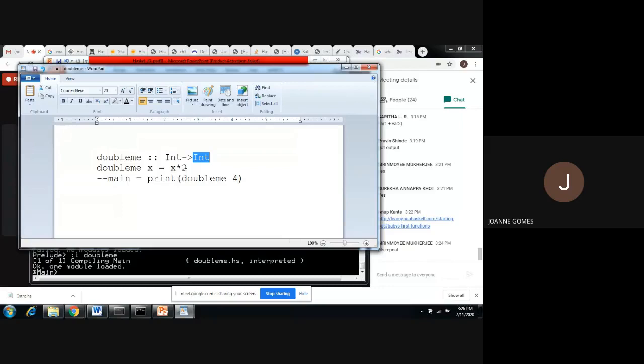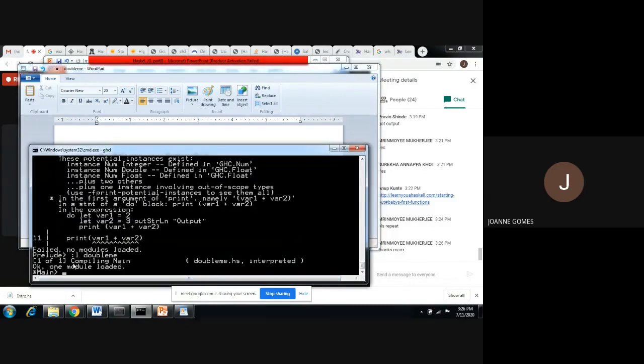Okay, so x into 2, what is that you want to do? So, after saving it as .hs file, you will save with the same name so that you can call that function. So, you go to this prompt, prelude prompt, load the file for compilation. So, it should show OK. So, once you get that OK,